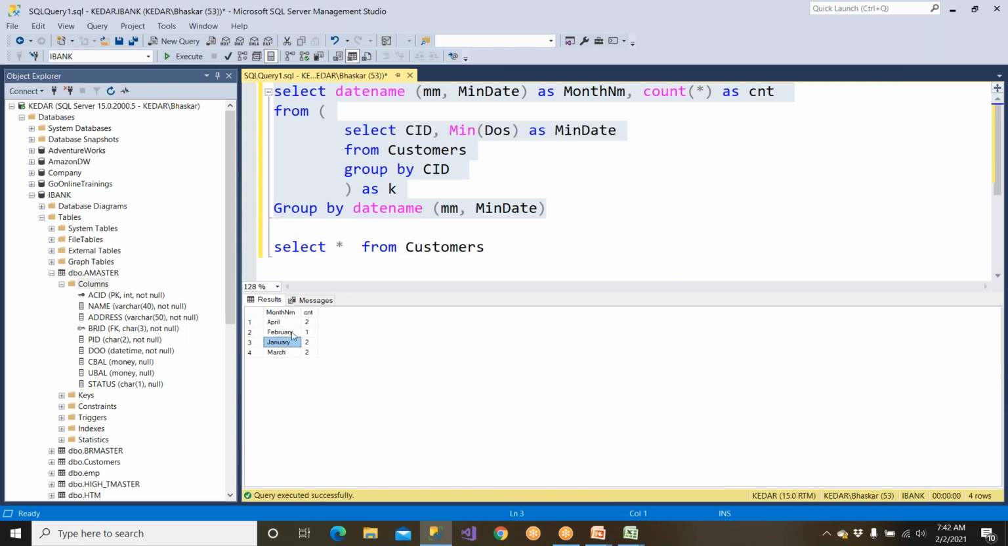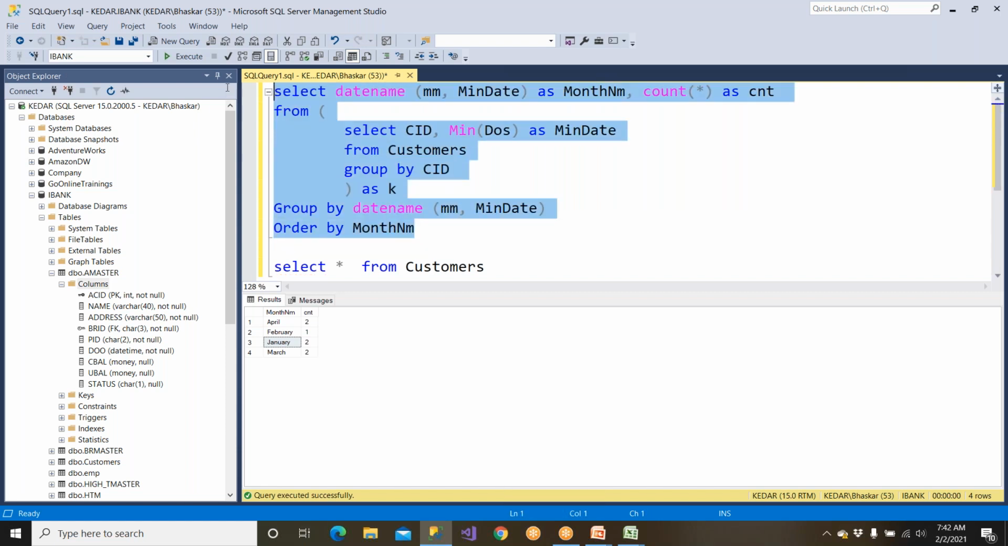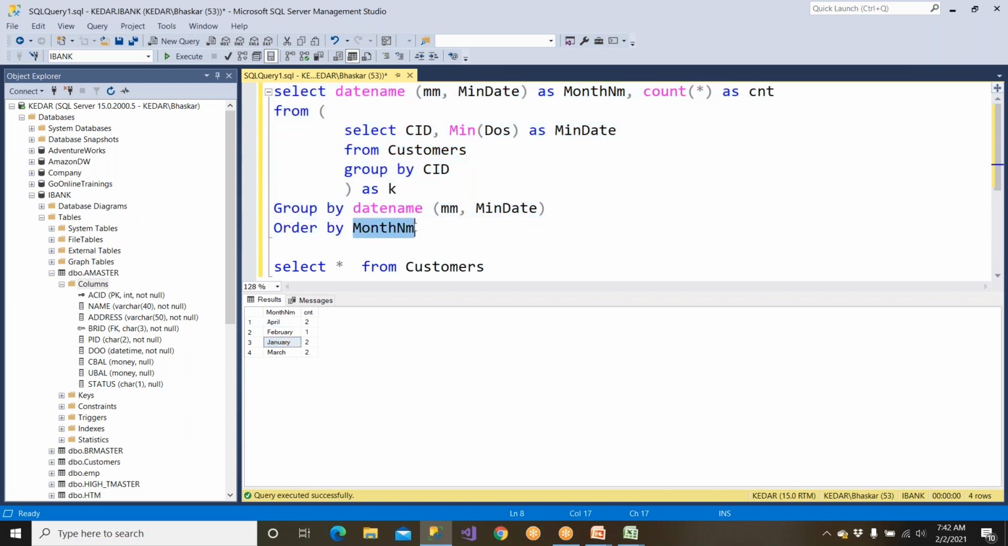But I wanted to get it in proper order. Proper order means you need to say order by what? Order by month name. When you put the month name, A will come first, but I need January to come first, right? If that is the case, you have to write one more thing here that is called